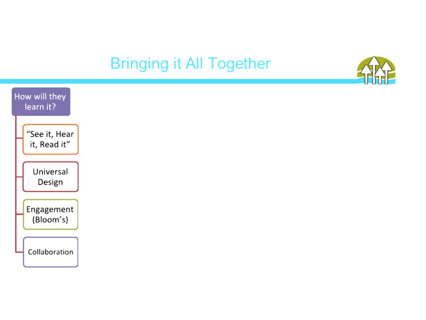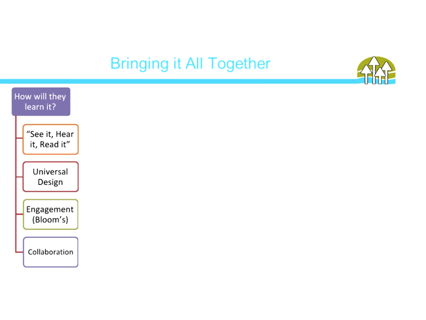So what I'm going to do now is showcase what a typical lesson looks like. So we're going to bring everything together. Remember, we're incorporating Universal Design for Learning. We want students to see it, hear it, read it, experience it. We want active engagement where they move up Bloom's taxonomy. We want to have collaborative elements, which goes along with Universal Design for Learning, along with differentiated instruction as well, where they get that opportunity to work along with their peers.